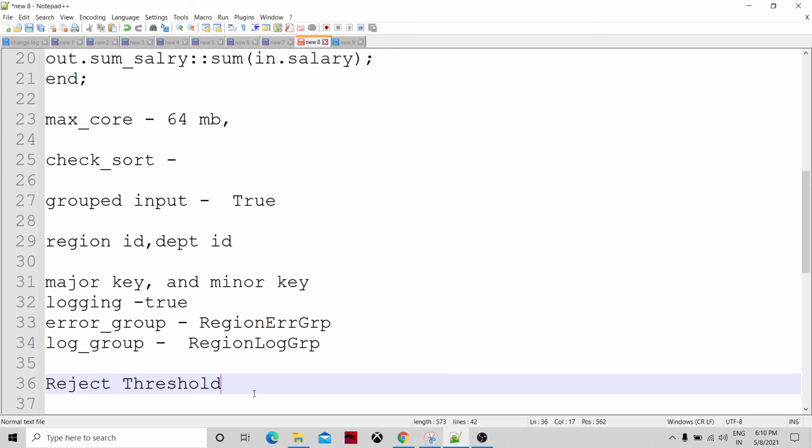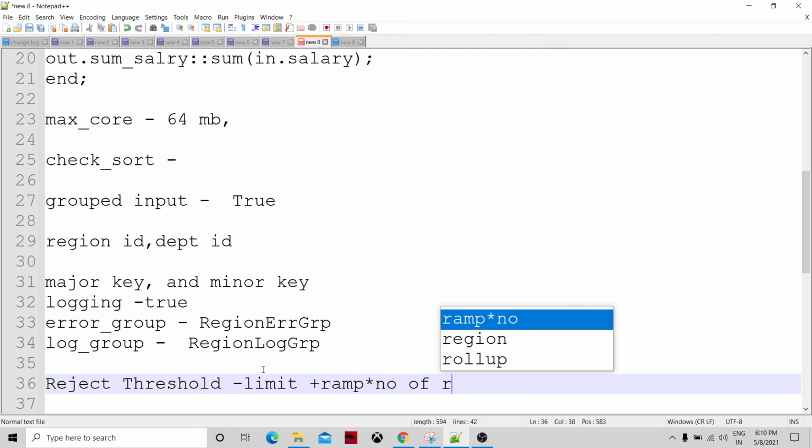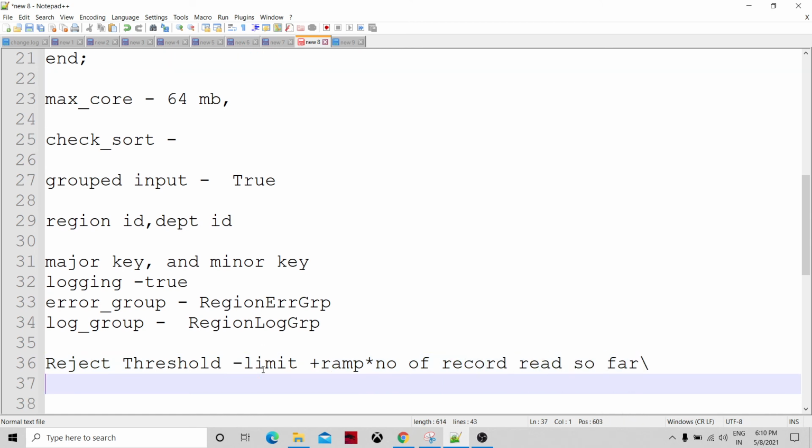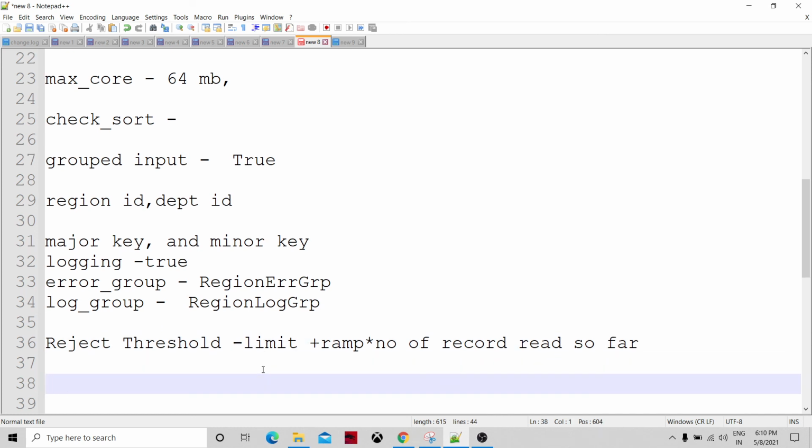There is a formula for ramp/limit: limit plus ramp times the number of records read so far. Limit is just a number, so we can specify that.